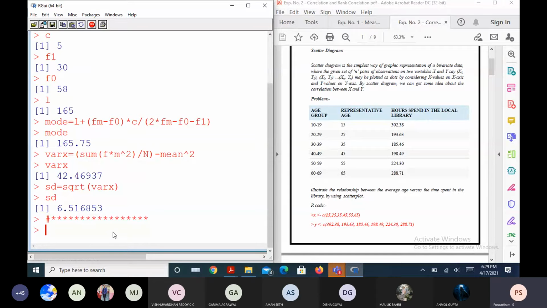X has a set of elements, and right now the data has equally spaced X representatives. It starts from 15 and ends with 65, with a space of 10, right? X is representing the age group.